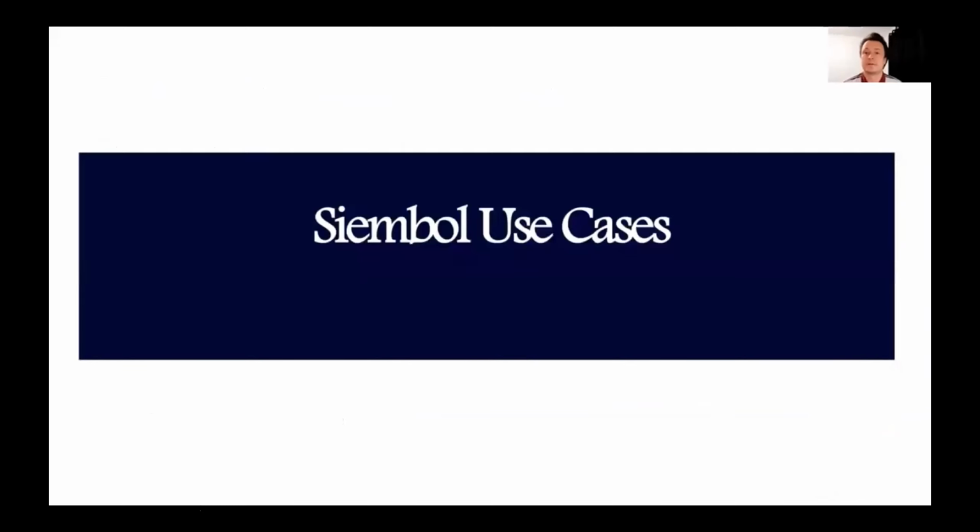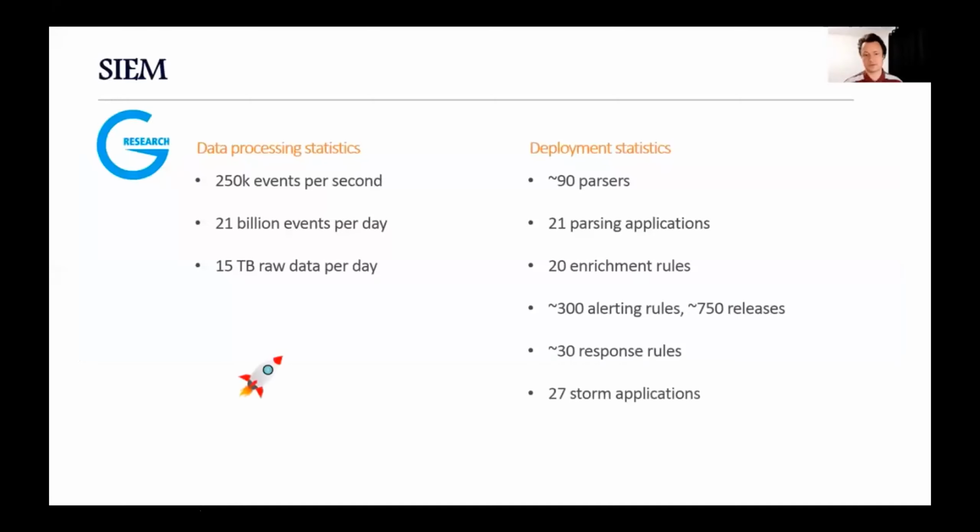Siembol can be used as a SIEM tool using open source big data technologies, or can be used as a detection tool for detecting leaks and attacks on infrastructure. Moreover, we are supporting Sigma rule evaluation, so Siembol can be used as a Sigma rule evaluator without the need to index logs. So internally at GR, we are using Siembol as a SIEM tool, and Siembol architecture allows processing